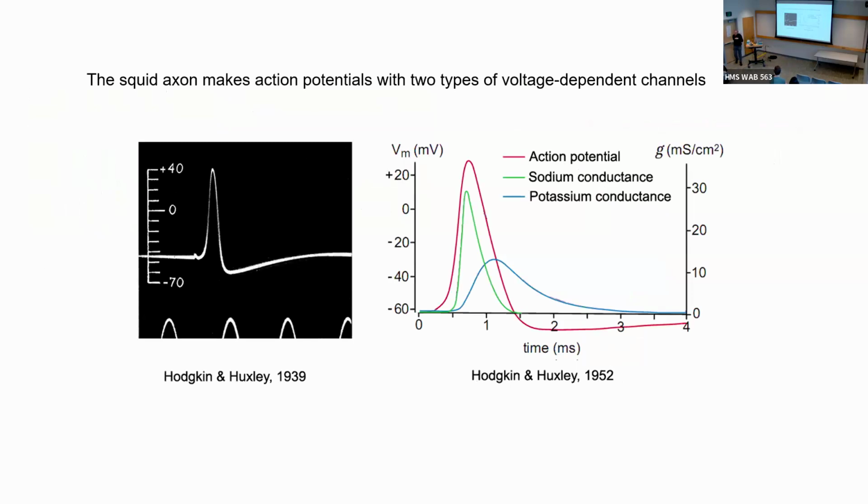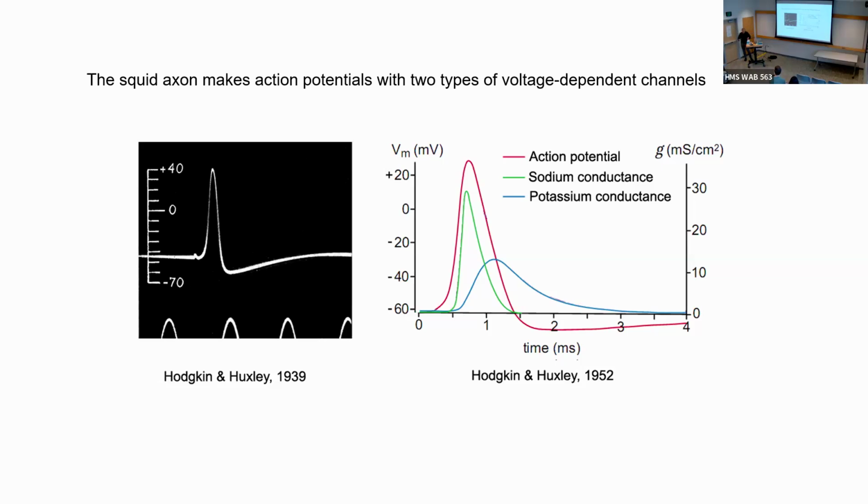So with the revolution, both with cloning and of patch clamp, allowing you to record from all kinds of cells that were previously inaccessible, what we discovered was amazing, that there were just a huge number of ion channels in mammalian neurons. Not only mammalian neurons, but also Drosophila neurons. And this was a shock because everybody had sort of thought, well, squid axon makes an action potential. We understand it. There's two different conductances, two different ion channels, a sodium channel and a potassium channel.